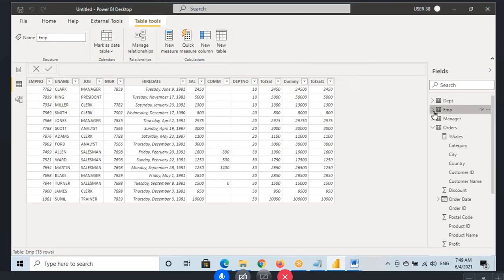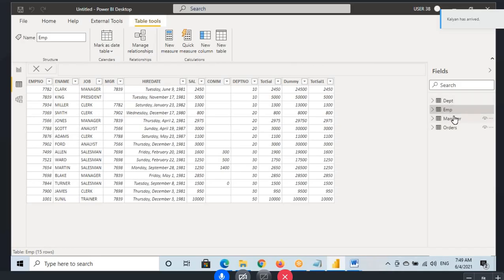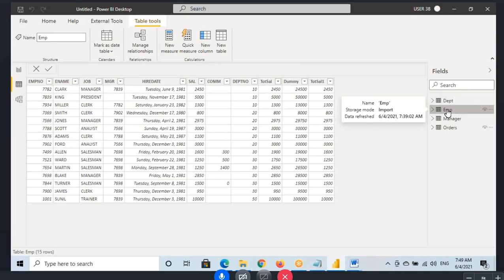So when you are creating a measure, you can create the measure using two to three tables at a time. Measure can allow taking the columns from different tables. It will work. We will even see that. So both columns